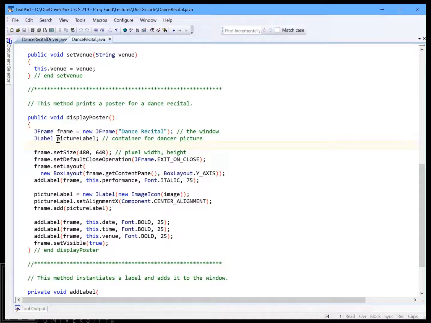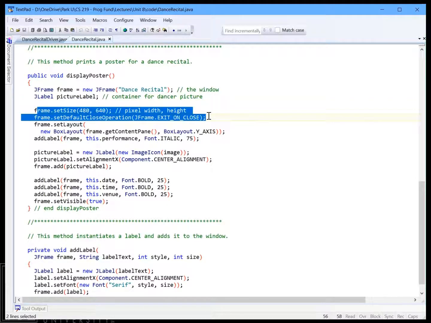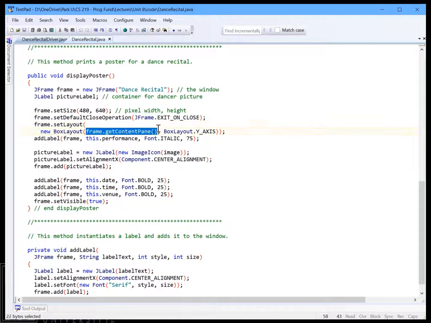Then we're also creating a label object called picture label. And so here we're just setting the dimensions and our default close behavior. And here's where we're setting our box layout. And we have to get the context for which we want to apply the box layout to. And in that case, we have to get our content pane. And then we're saying we want to set it as a y-axis, so it's going to be in a column